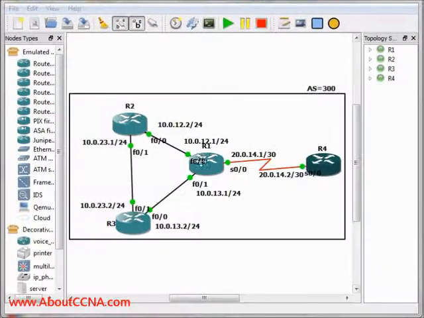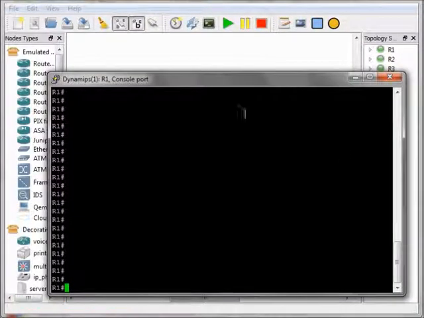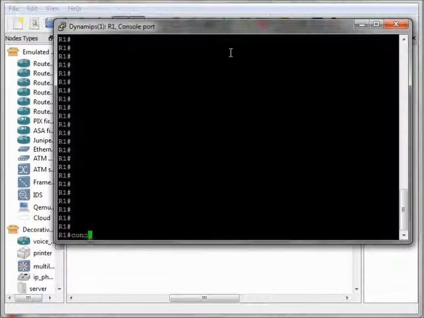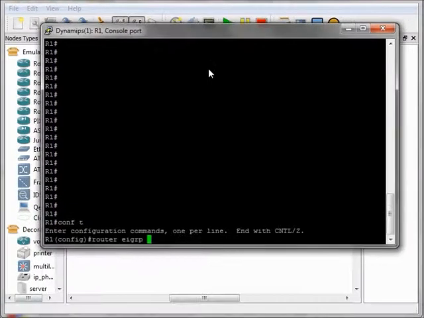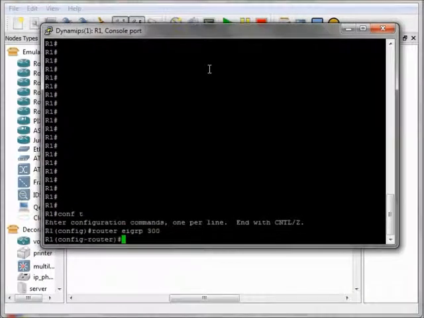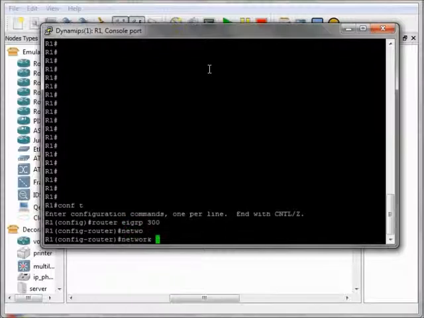As you can see, router 1 is connected to 3 networks: 10.0.12.0/24 and 10.0.13.0/24 and 20.0.14.0/30. So in router 1, we enter global configuration mode, conf t, and then router mode, router EIGRP, then autonomous system number, which is 300, enter, then network. The first network is